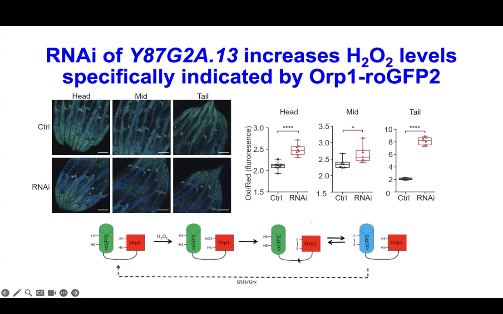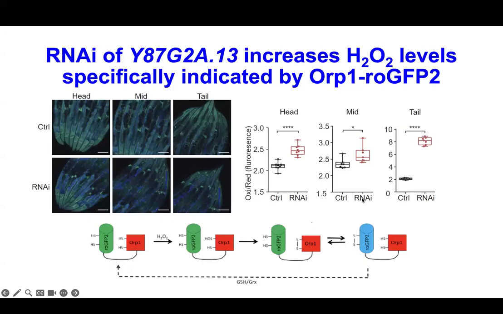And this sensor is also ratiometric. So you basically quantify the fluorescence at two different wavelengths to know if H2O2 is elevated or not in live animal. So this is a very nice sensor. We can actually use the reporter strain to quantify the H2O2 level in live animal under the control and knockdown condition. And as you can see here,